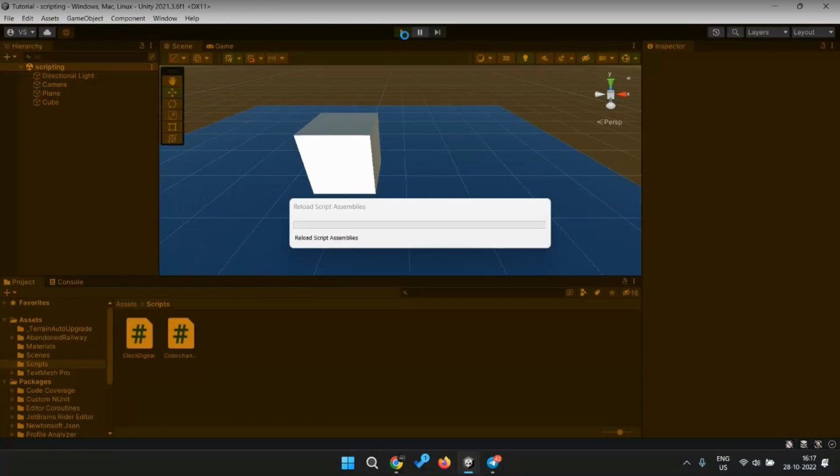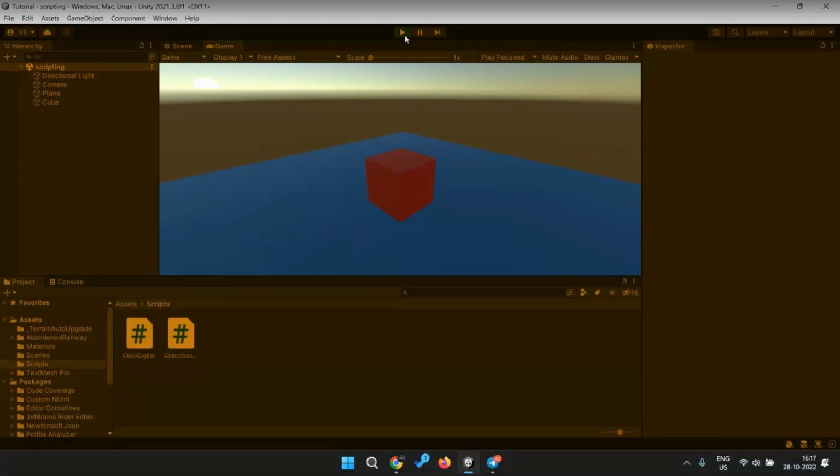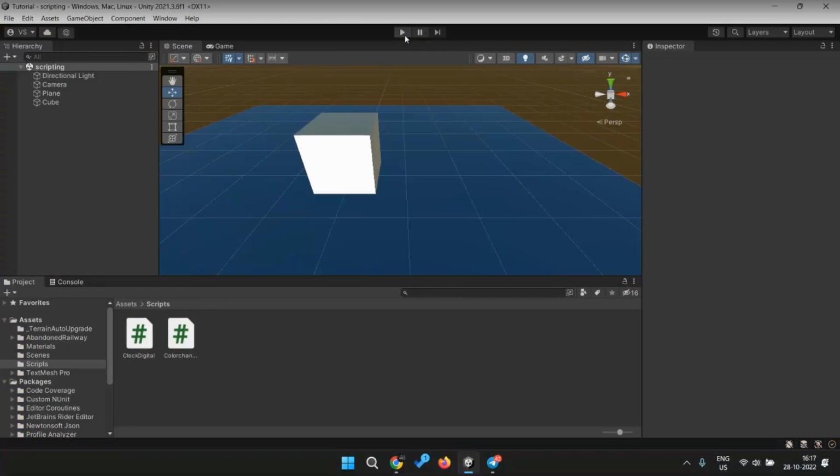I already showed, right? This is how it changes. When I click R, it changes to red. When I click on G, it changes to green. When I click on B, it changes to blue. Okay. So what we'll be doing is,